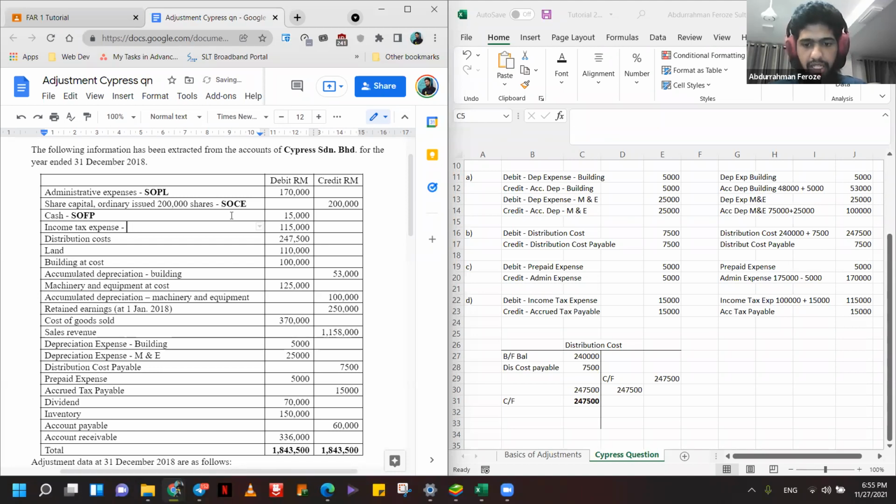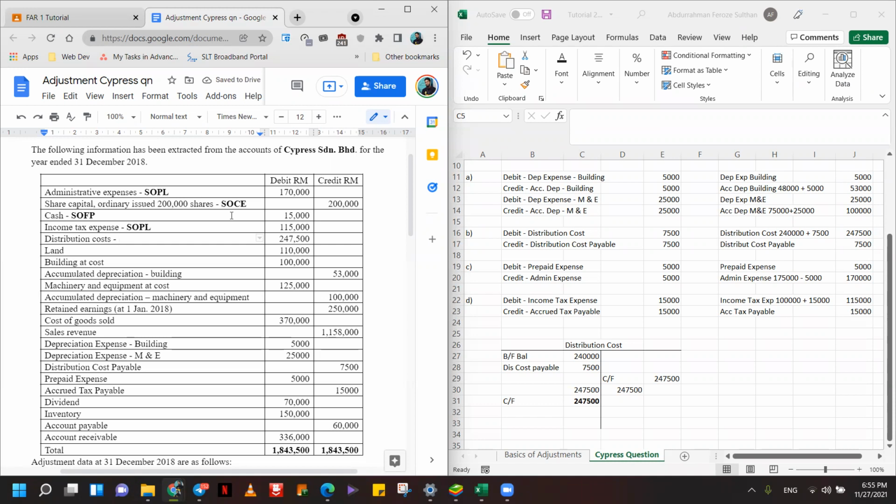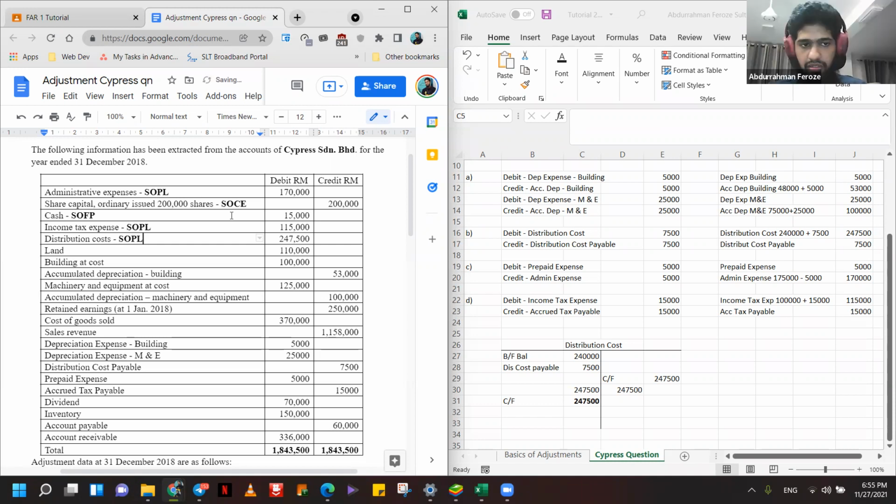Distribution costs, what would this go into? It's an expense. SOPL. Land would go into SOFP. Okay. Building at cost would go into